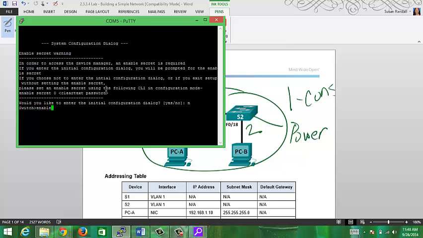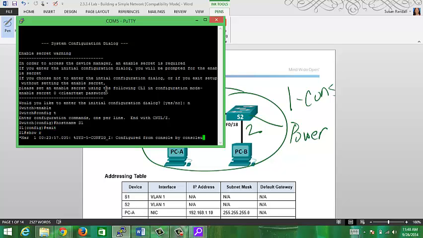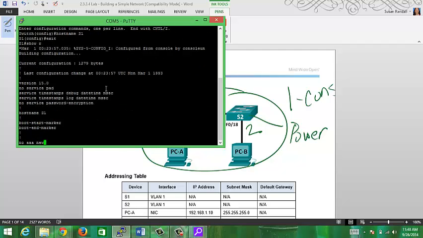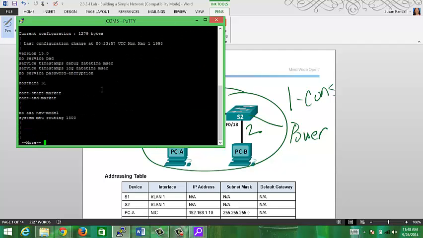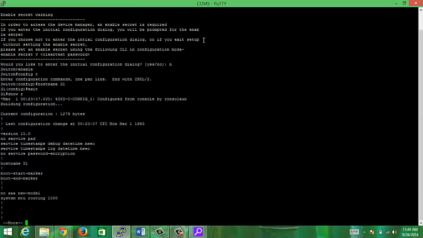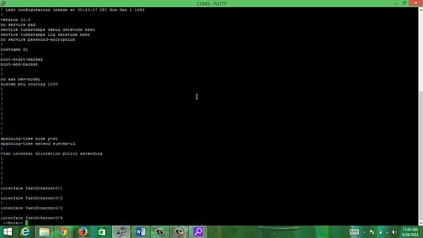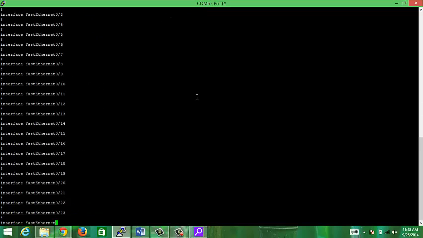I can type enable. This changes me to privileged exec mode. I can do config t. I can change my host name. Type exit, and I can do show run. That's going to show my running configs, how my switch is already set up. Again, if it says more, I can click my space bar to go up a page at a time,